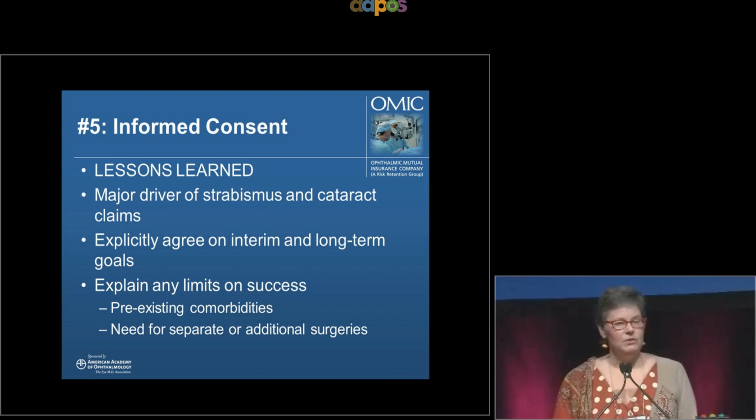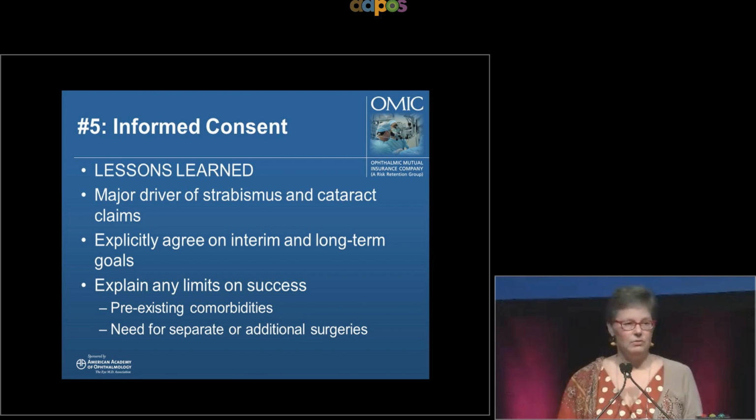But you have to tell the patient or the parent, in this case, if you're not going to treat astigmatism. So their informed consent has to be about what you are going to treat and what you're not going to treat. So we've had a number of cases where it wasn't explicit what the limits of the treatment were, or if there were comorbidities that were going to limit the effectiveness of the surgery. You want to make that very clear.